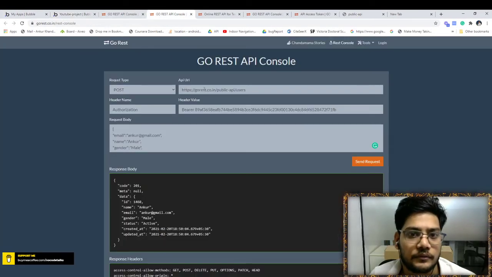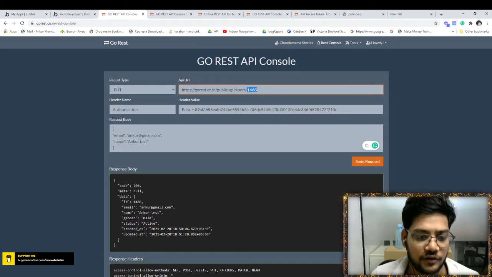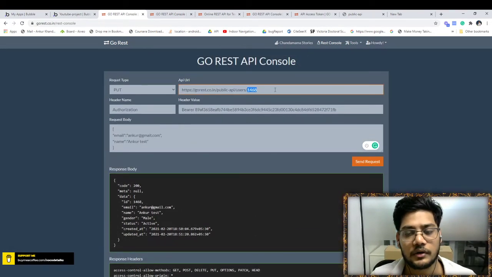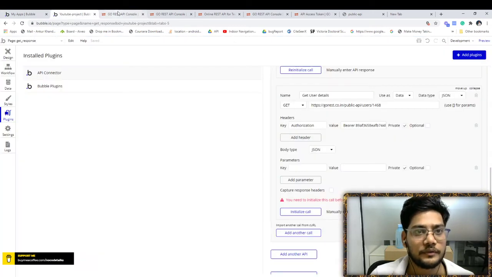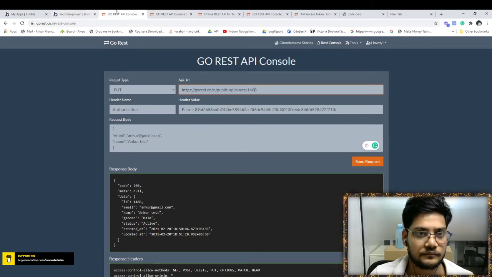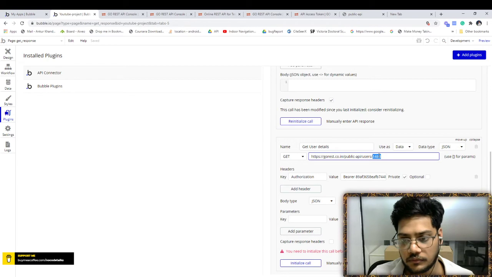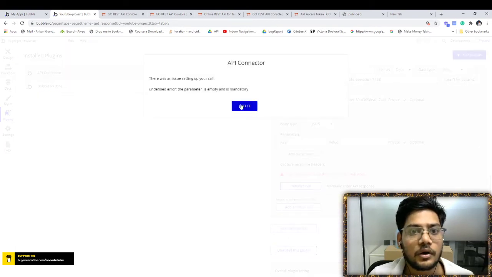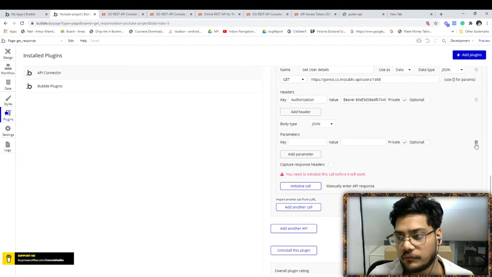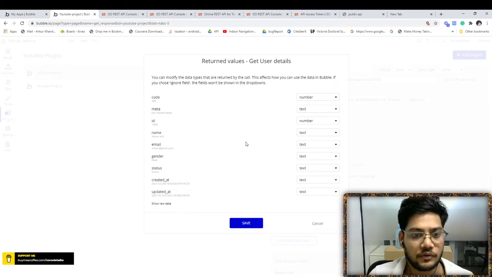I don't think this API is structured in a way that we have to pass data directly in a URL, but normally there is a parameter and there is a value. So we will directly pass the value 461 and initialize it. Sorry, this parameter is empty, so we have no use for it. We will initialize it. Yes, this is what we get.